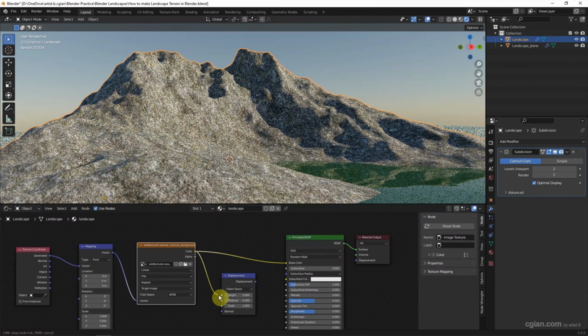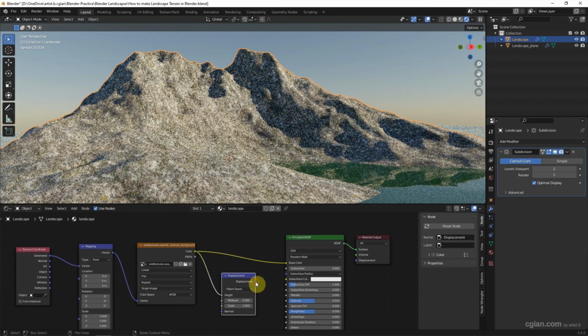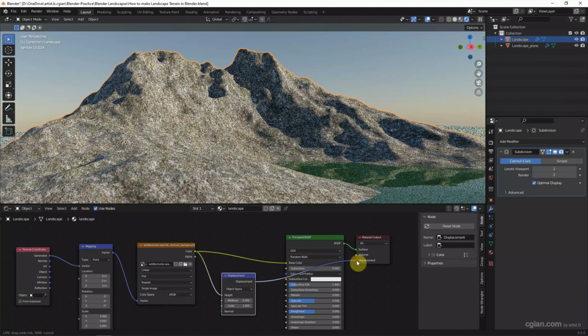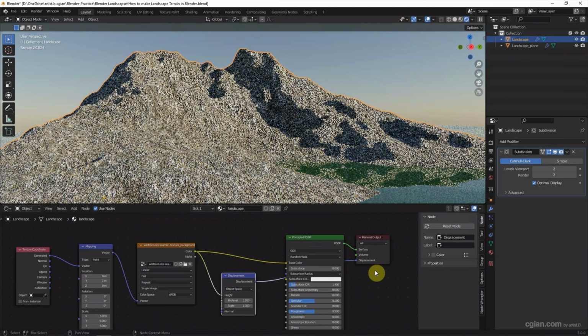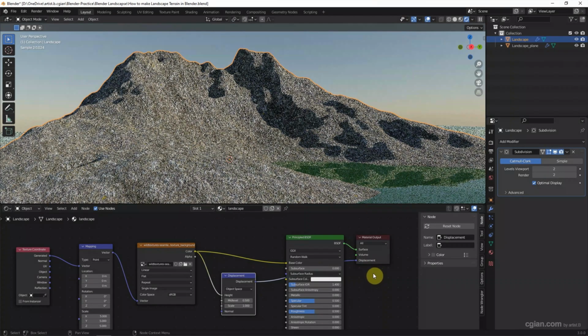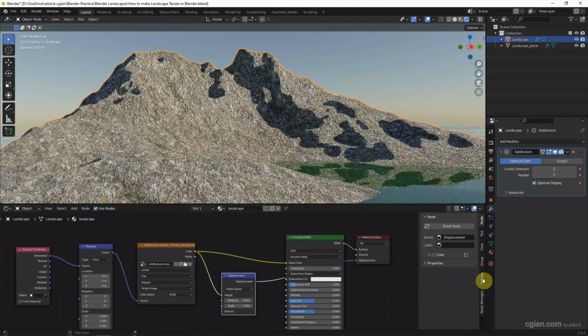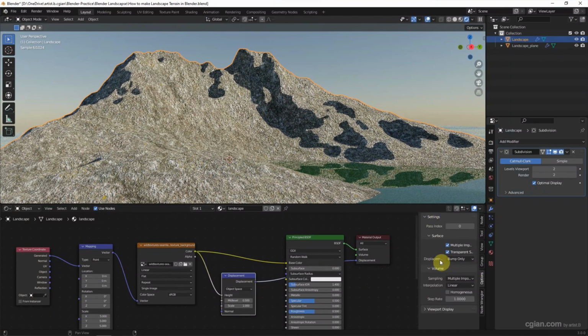Color connects to Height. Displacement connects to Displacement of Material Output, and make sure that we go to Options and Settings, switch Displacement to Displacement and Bump.